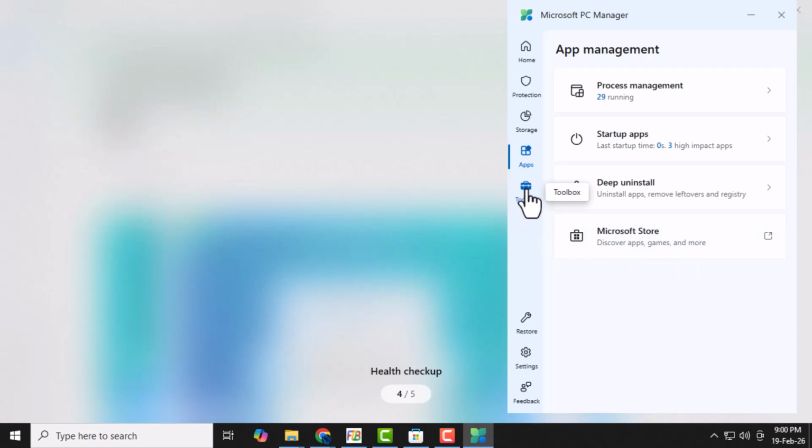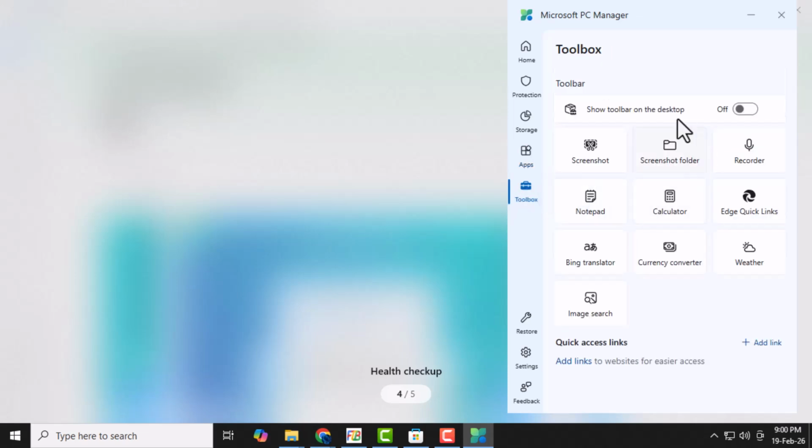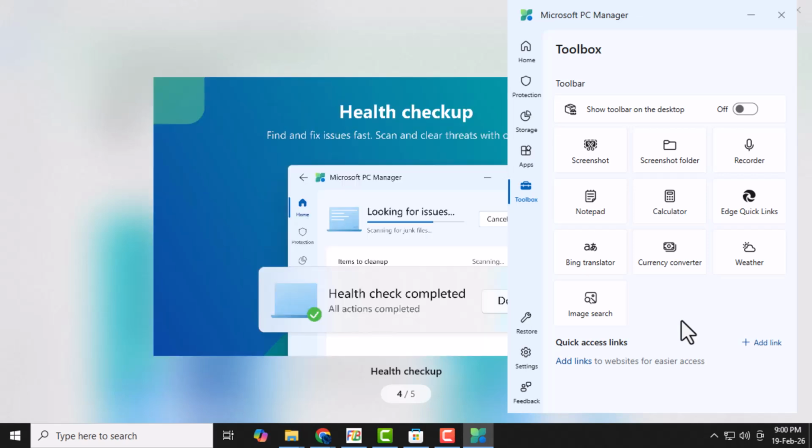Finally, the Tools tab provides access to additional utilities for system maintenance and advanced PC management. Navigating Microsoft PC Manager is simple and intuitive. Each screen clearly shows the options available, making it easy for anyone to maintain and optimize their PC without any